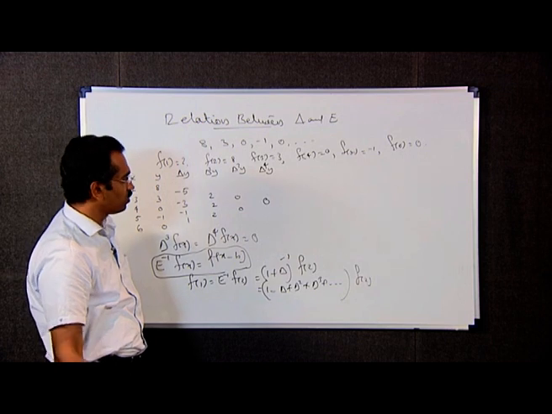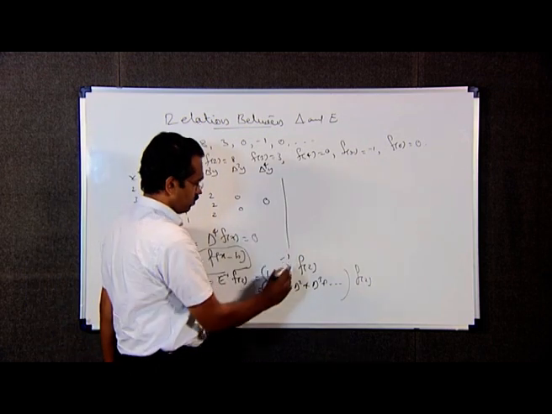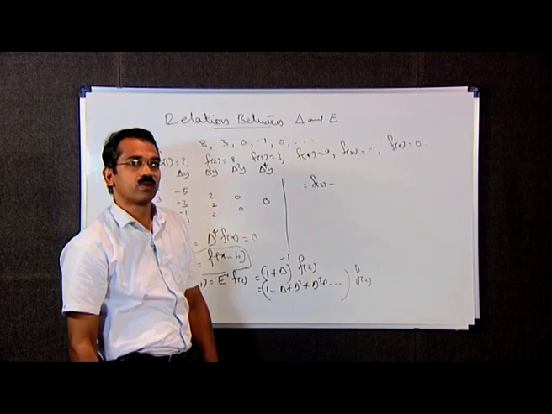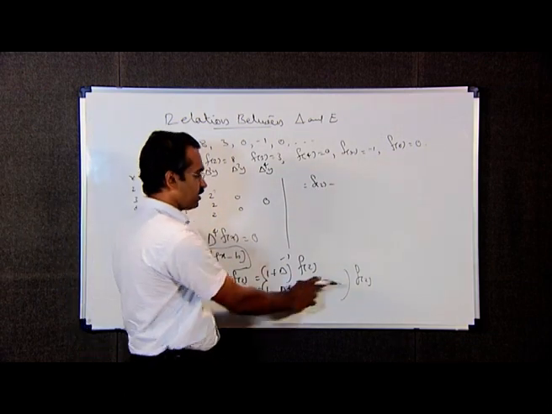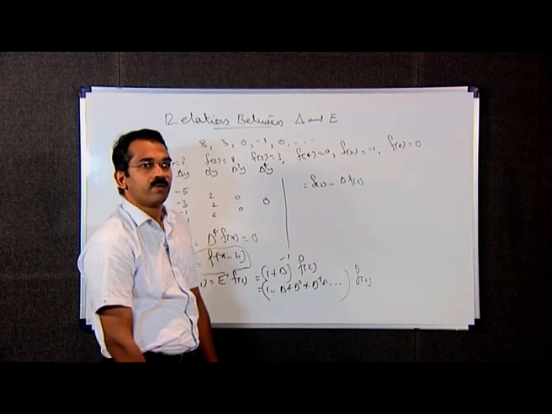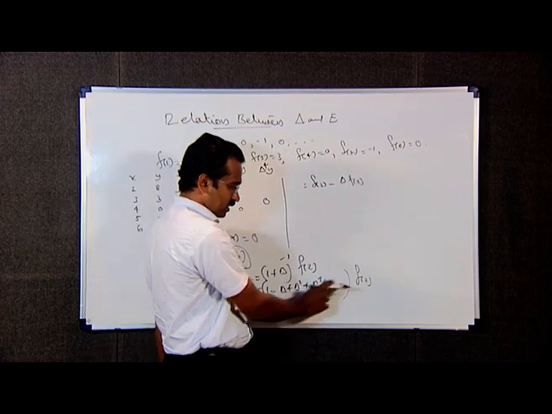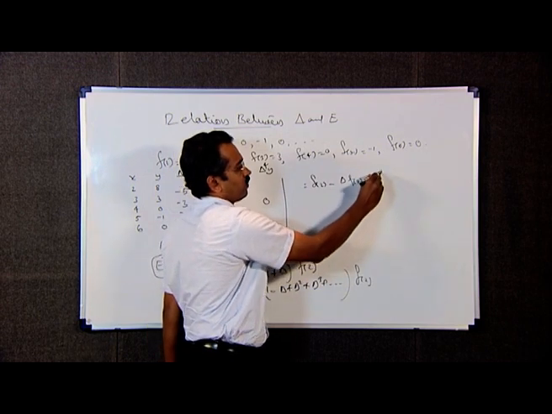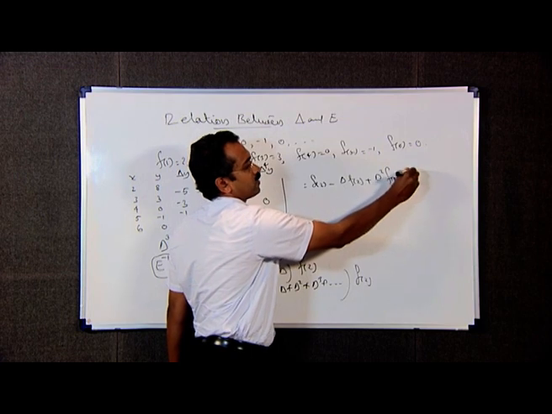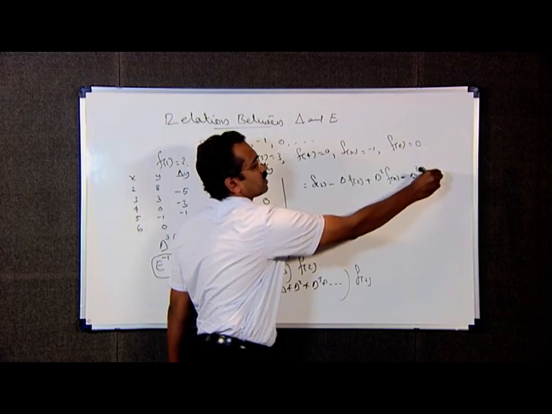That is equal to f of 2 minus delta f of 2 plus delta square f of 2 minus delta cube f of 2 plus etc.,